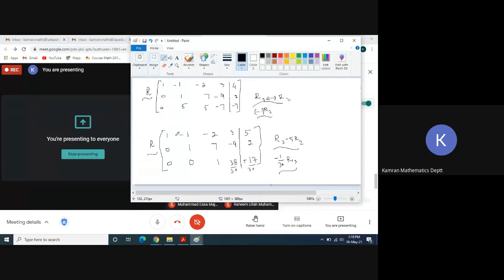Okay, and we also see that the row rank of the matrix A equals the row rank of the augmented matrix. So this system has a solution. And further we note that the row rank of the augmented matrix and the row rank of A is equal to 3, but it is less than the number of unknowns. How many unknowns are there? There are 4 unknowns. So we will have infinitely many solutions.